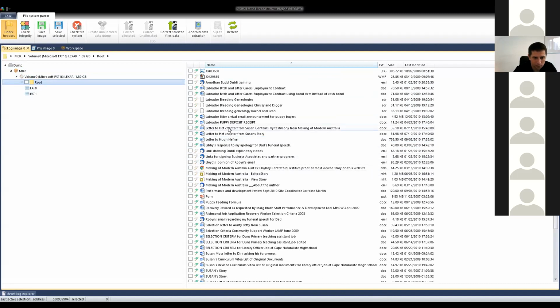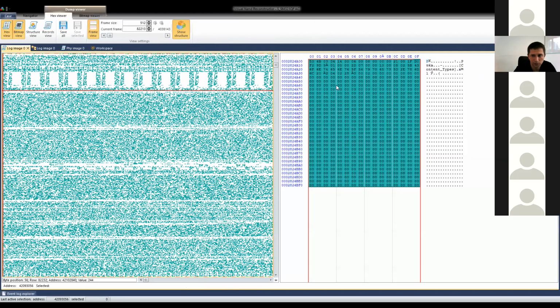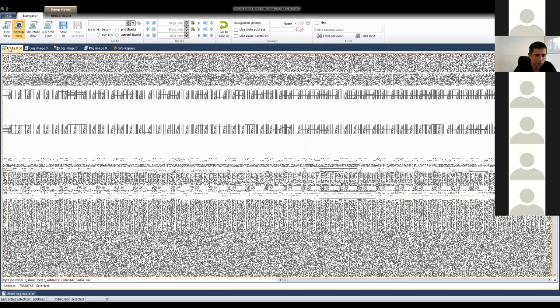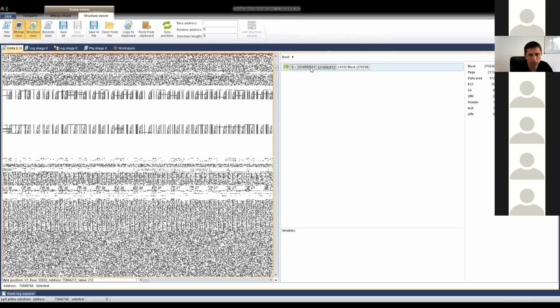And now let's say that like this file is corrupted. It's for your question, Amarbir. And you do remember that you did that block selections. So you can make right click on this file and click through the option go to data start. So now you are in the place where that file starts. And then if you will go to navigator button here and use this option go to source, it will bring you to previous element. It's like when you click go to data, you were in logical image without service area and so on. And then when you clicked to go back, it jumped into the unite element on the same offset. And here you can check block number,